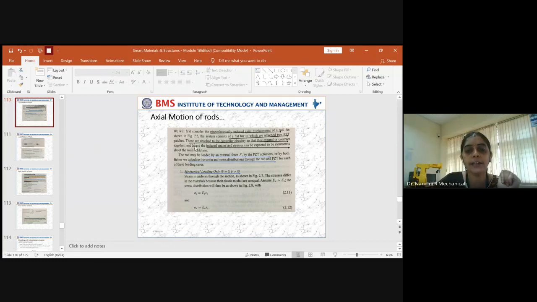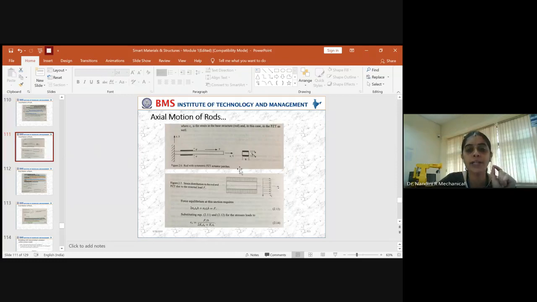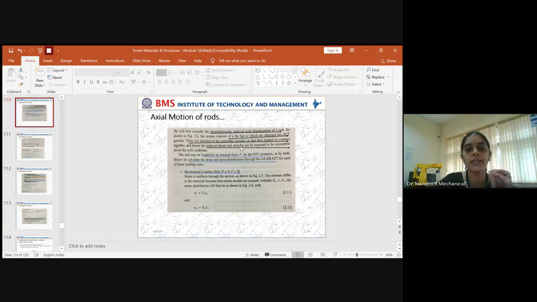Later, these are attached to a controller circuitry. The given device has to be attached to a circuitry system, okay, because you need to evaluate the displacement that you get. So the third part is that it has to be connected to a circuitry system so that they expand and contract together. That you have to evaluate.